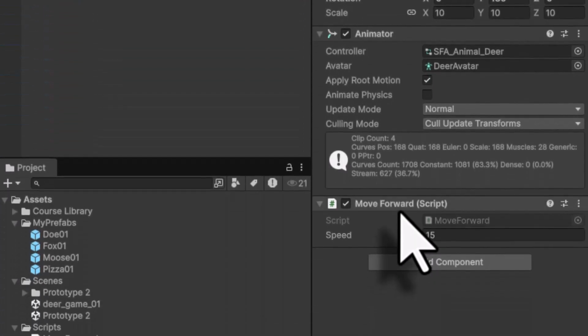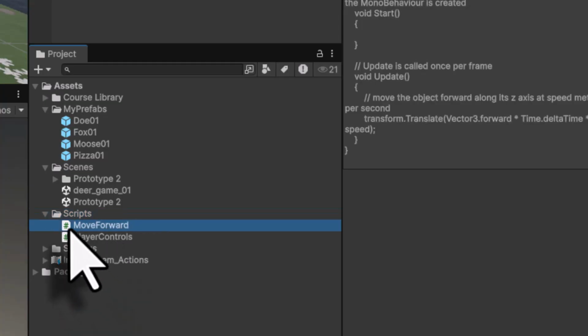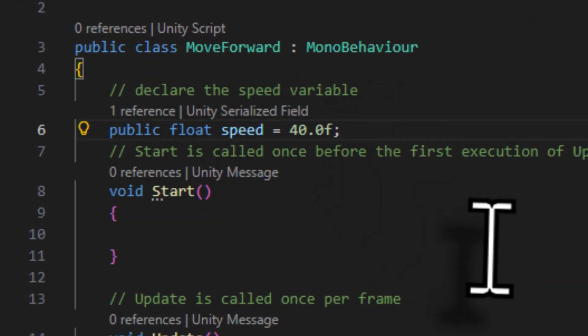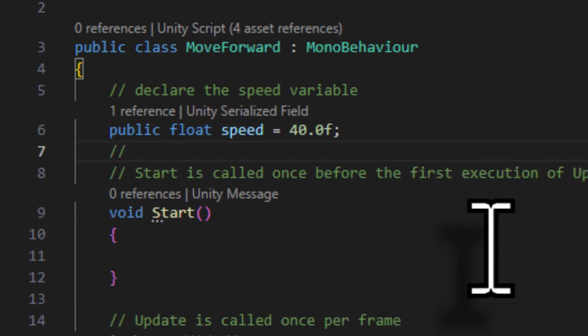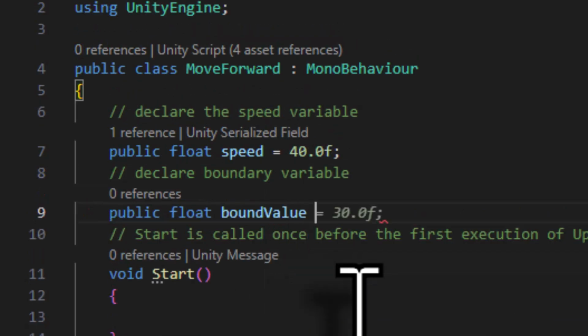move forward script. So I will come into this MoveForward script, double click to open this. After my public float speed, I am going to press enter, add two forward slashes. The comment I am going to add is: declare boundary variable. I am going to declare a public float, and I am going to call this boundValue, and I will set its value to something like 30.0f and end